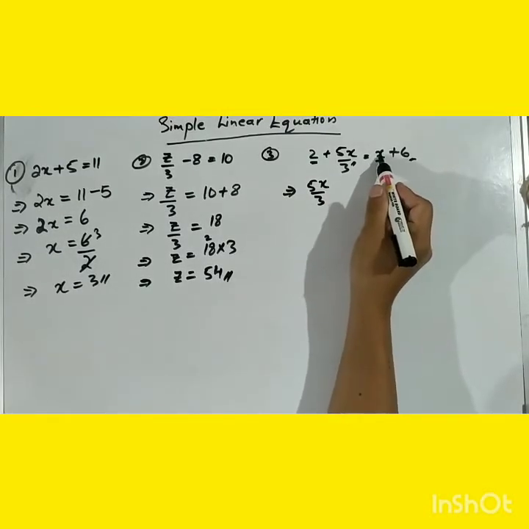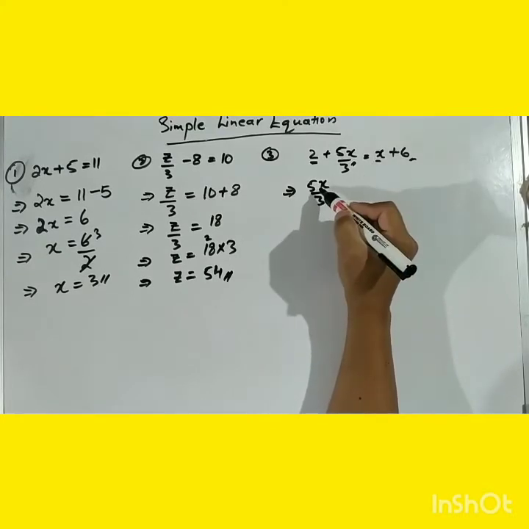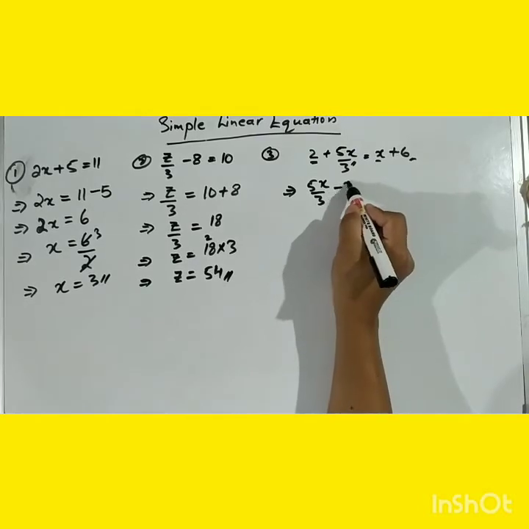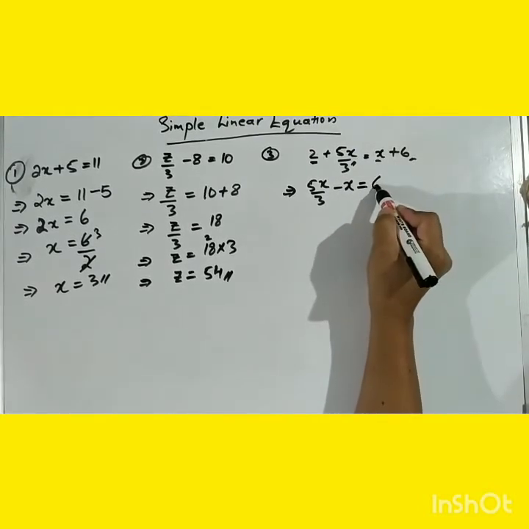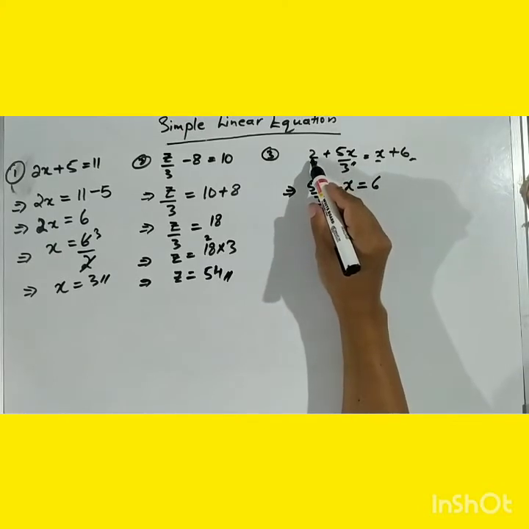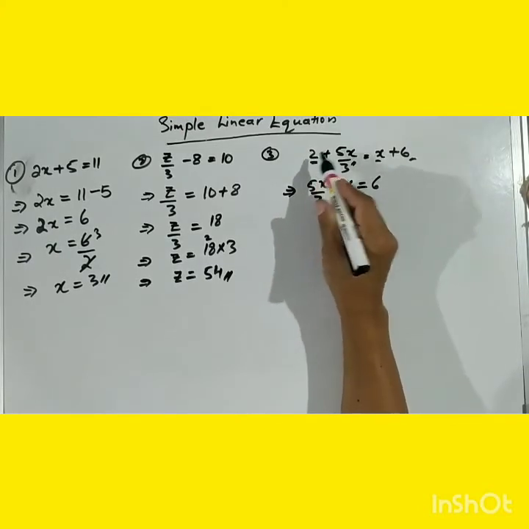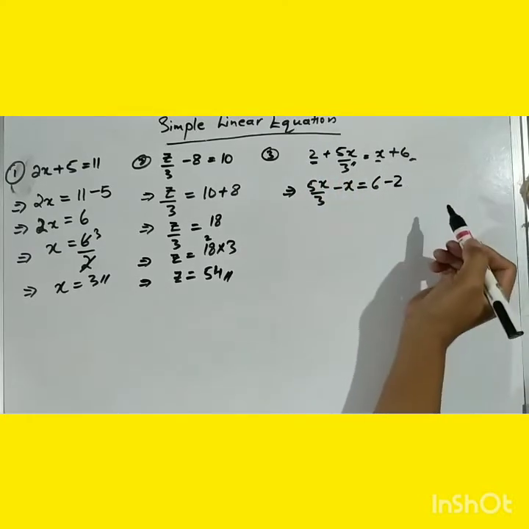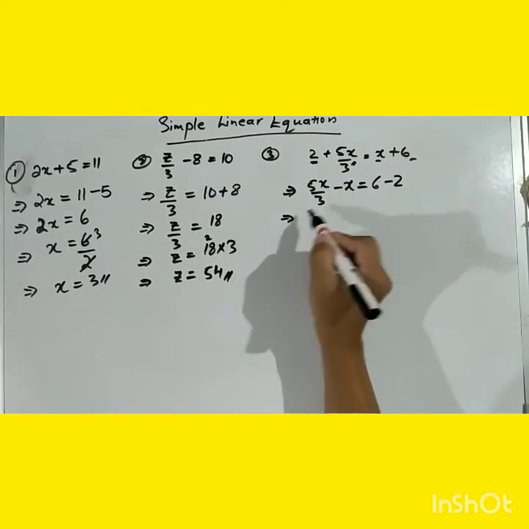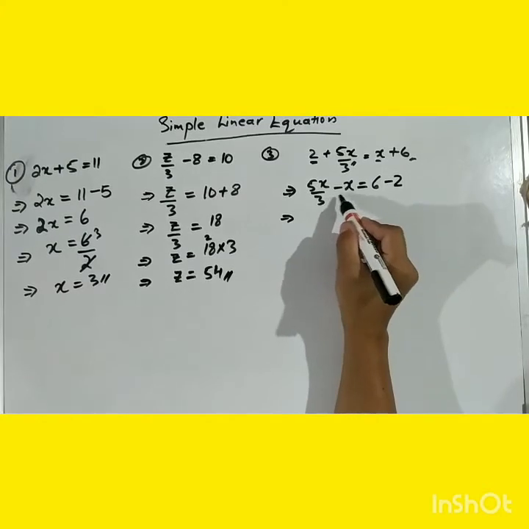So this is a positive number, positive variable. So when you bring this to the left side, it will become negative. Keep in mind, x plus 6, right? This is again positive 2. When you move this to the right side, it will become negative. Okay, so we are going to simplify this.